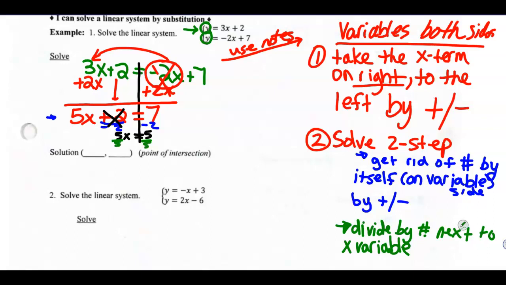So divided by 5, divided by 5, they always cancel on the side of the variable, and then I get x equals 5 divided by 5 is 1. I found my x, but remember when we're solving a system, we're looking for an ordered pair. So my x is 1,